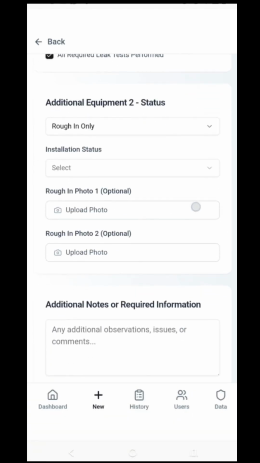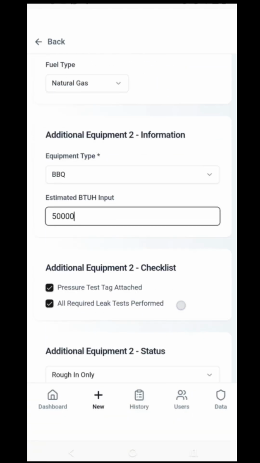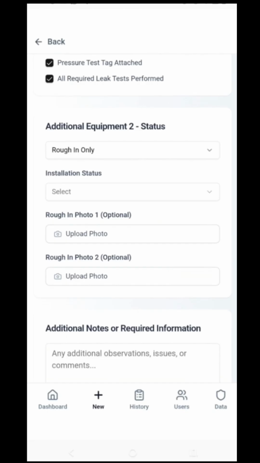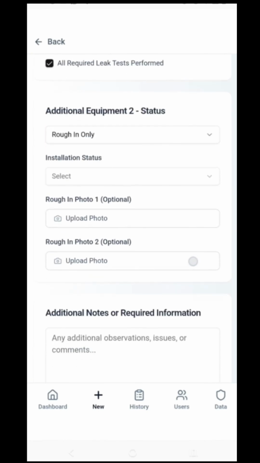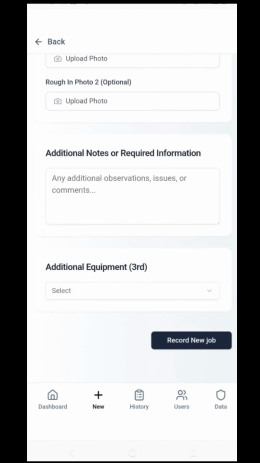Okay. And then what I would recommend doing for pictures is you would take a picture of your manifold where it's attached, and then you take a picture of your termination where it is capped off, right? And then you would,